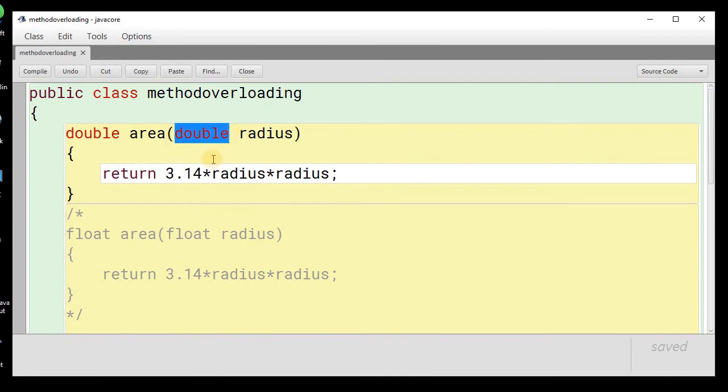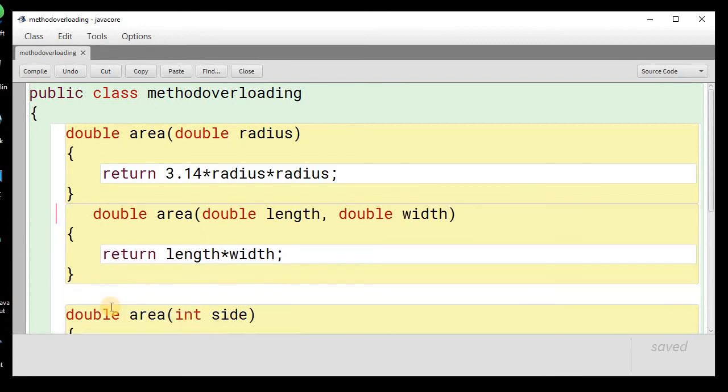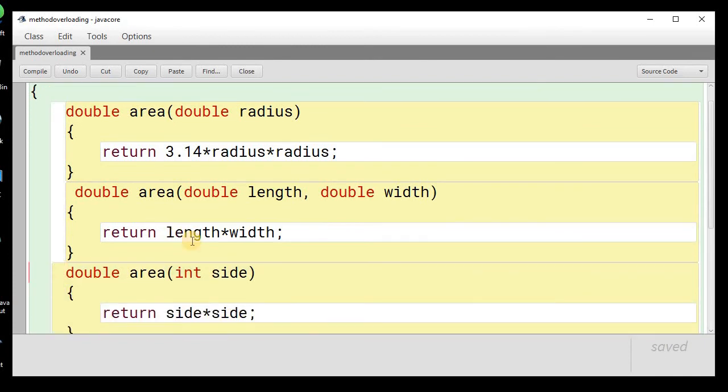So we have defined three functions for the same purpose, that is to calculate area, and we have overloaded this function. So basically this is method overloading with the help of the number of parameters or with the help of the type of parameters.